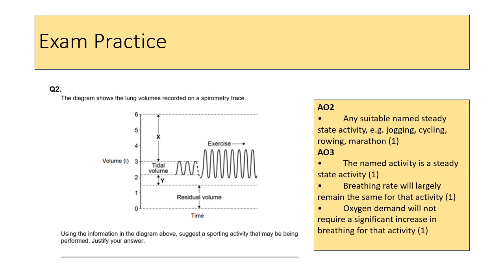The breathing rate will largely remain the same for this activity, because ultimately, although our breathing rate will increase when we first start exercising, when we're in a steady activity, and we're actually just performing a jog or we're performing a long distance row, eventually our breathing rate kind of plateaus and it stays steadily the same. It also says here, the final point, oxygen demand will not require a significant increase in breathing for